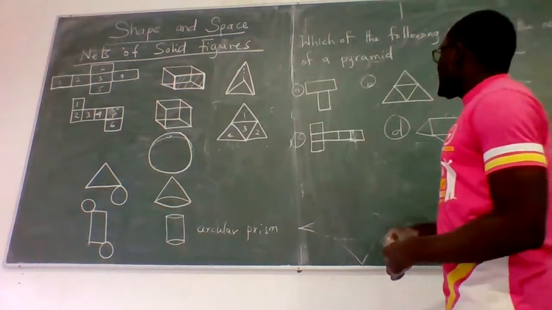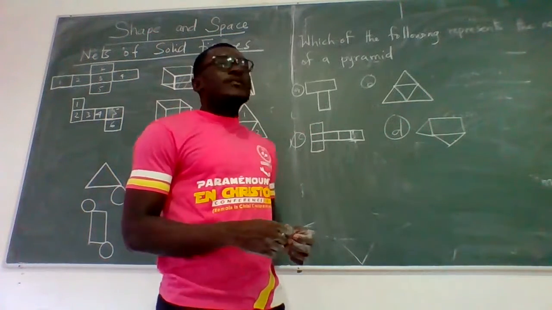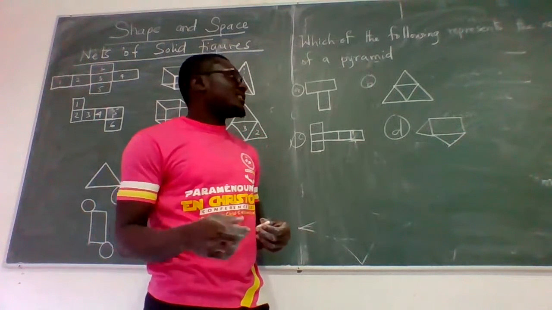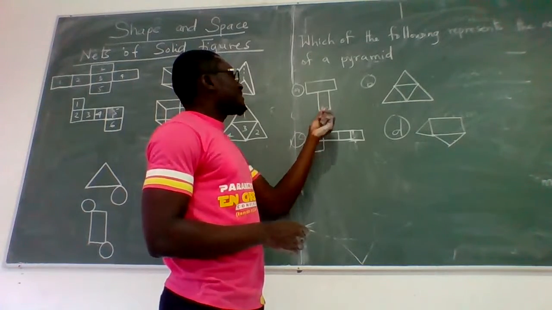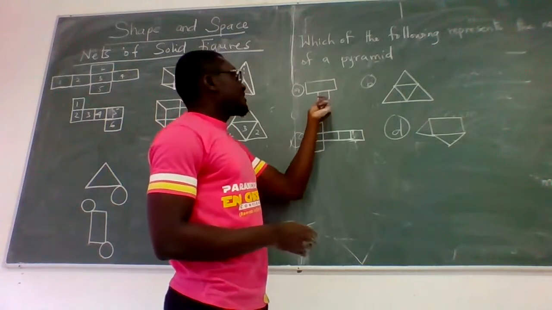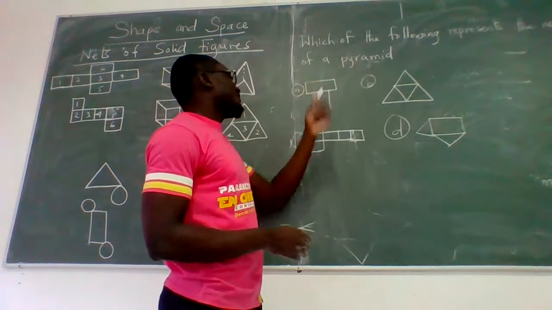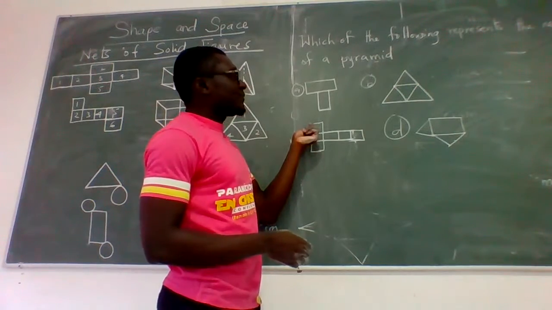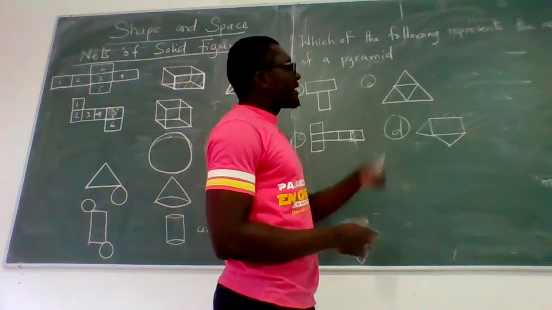The first idea you should come up with is looking out for the base figure and then checking the surrounding shape. When you look at this one, there is a base figure which is a rectangle, and what is surrounding it is also another rectangle. When you look at this one, it's also the same. When you look at these two, the surrounding ones are